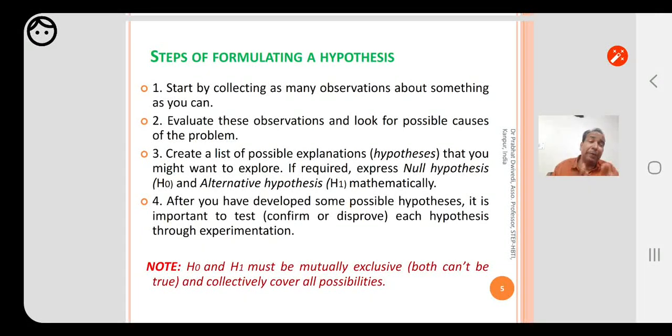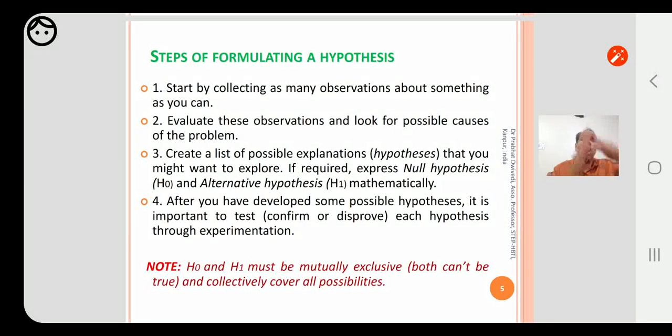But collectively they should cover all possibilities. That means if I say value of x is less than 1, this is null hypothesis say, then alternative hypothesis should be value of x is either 1 or more than 1.